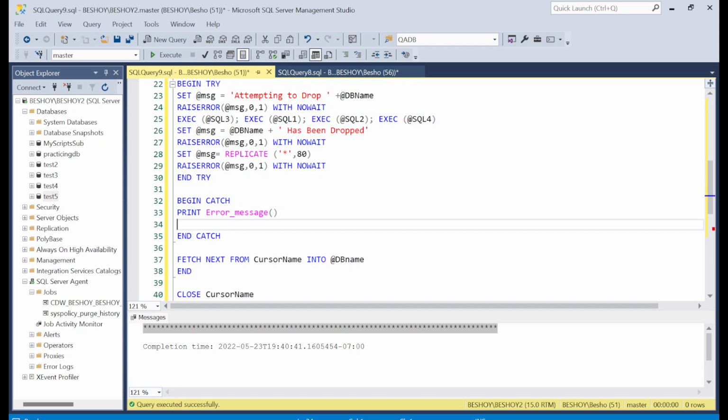Okay. And we would also need to set message again to something a little bit clearer for us, that says whatever database did not get dropped. So we can say